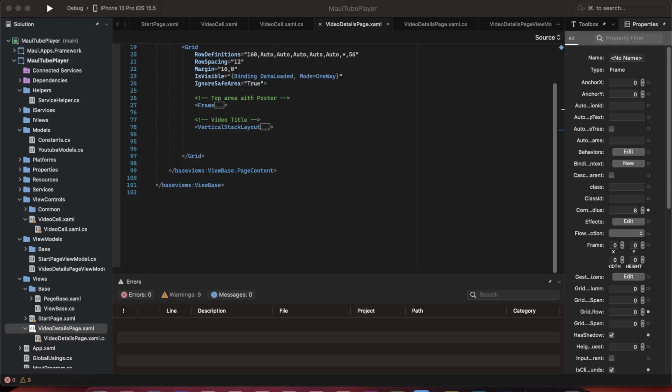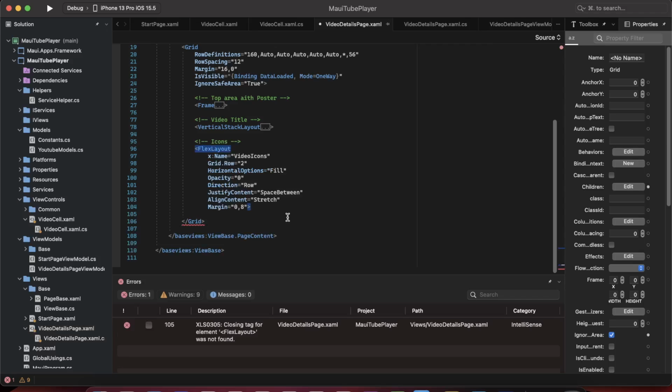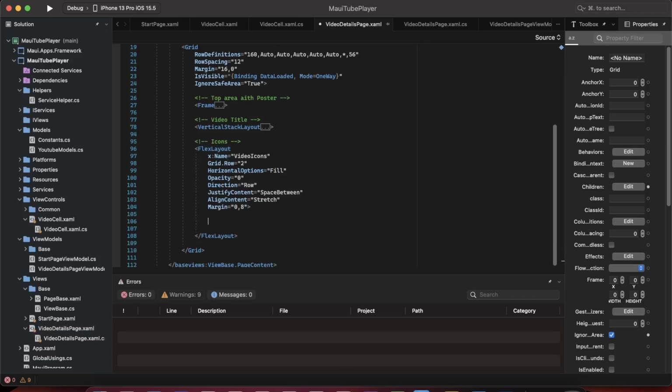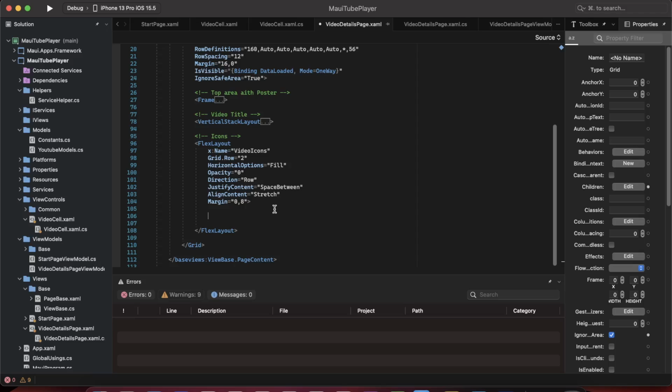The very first thing that I'm going to bring in is the icons. So we are going to have some icons displayed over here. Let me bring them in. I'm going to be using a flex layout, and I'm going to fill the whole horizontal space and evenly space the icons with even space in between each of them, stretching towards the very ends. So what are we going to have? We are going to have 4 buttons or 4 pieces of information over here. The very first piece of information we are going to have is